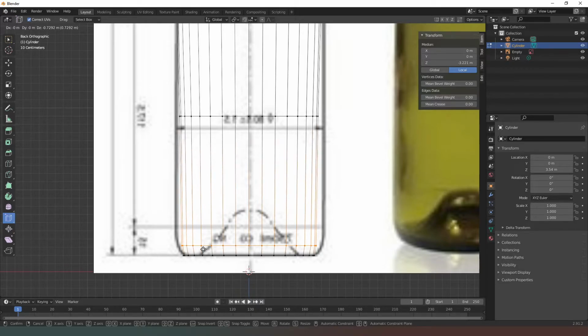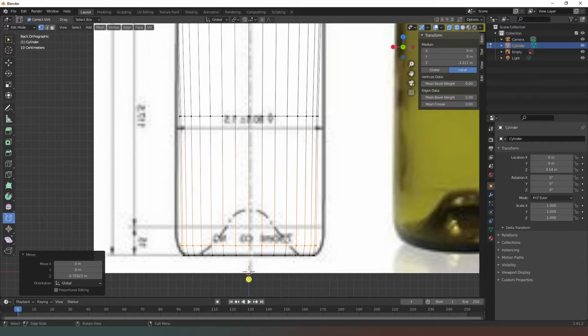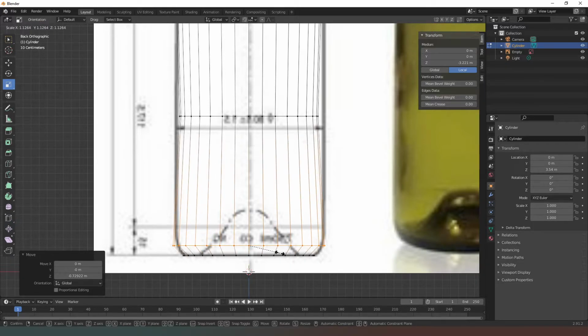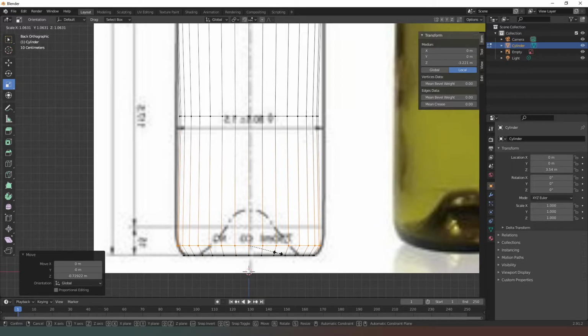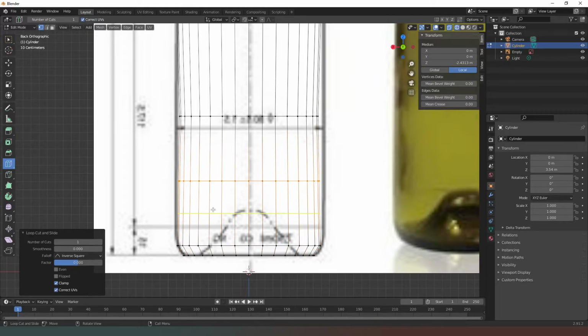We really want to be focusing on keeping the middle line nice and straight so that it matches the rest of the bottle. And then if we were to go into our scale tool, we can drag that out so that it matches the shape of the bottle a little better. If we want to do it again, we can go to another edge loop, create that edge loop,